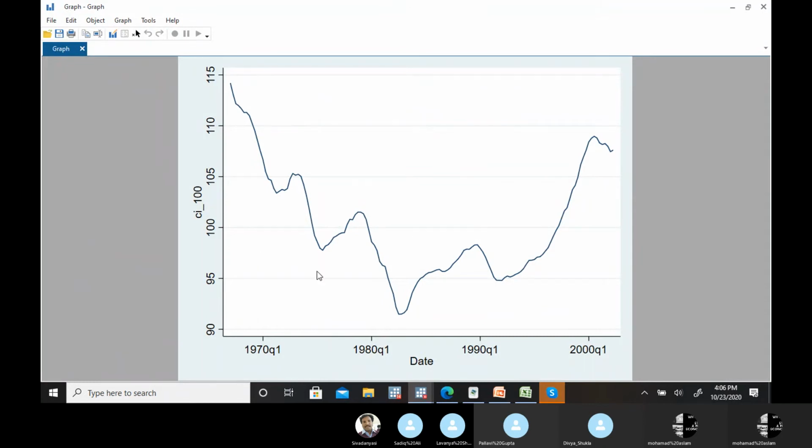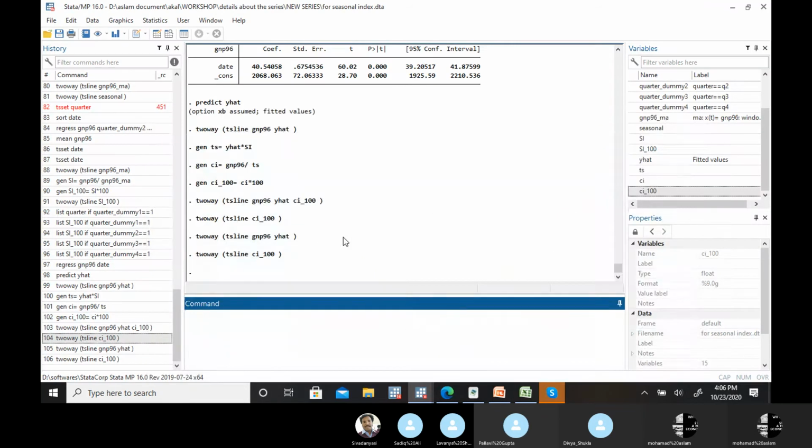But if these irregular changes are of small duration, like 15 days, 10 days, then in the yearly data, they don't have any impact. So we can say the gap between trend and actual data is just because of the cyclical fluctuations. So this is how you can calculate cyclical irregular components and seasonal irregular, then you can eliminate the irregular components if you want to see only the seasonal changes. So I hope it's clear now how we find the long-term trends. For that, you need mathematical equational forms.